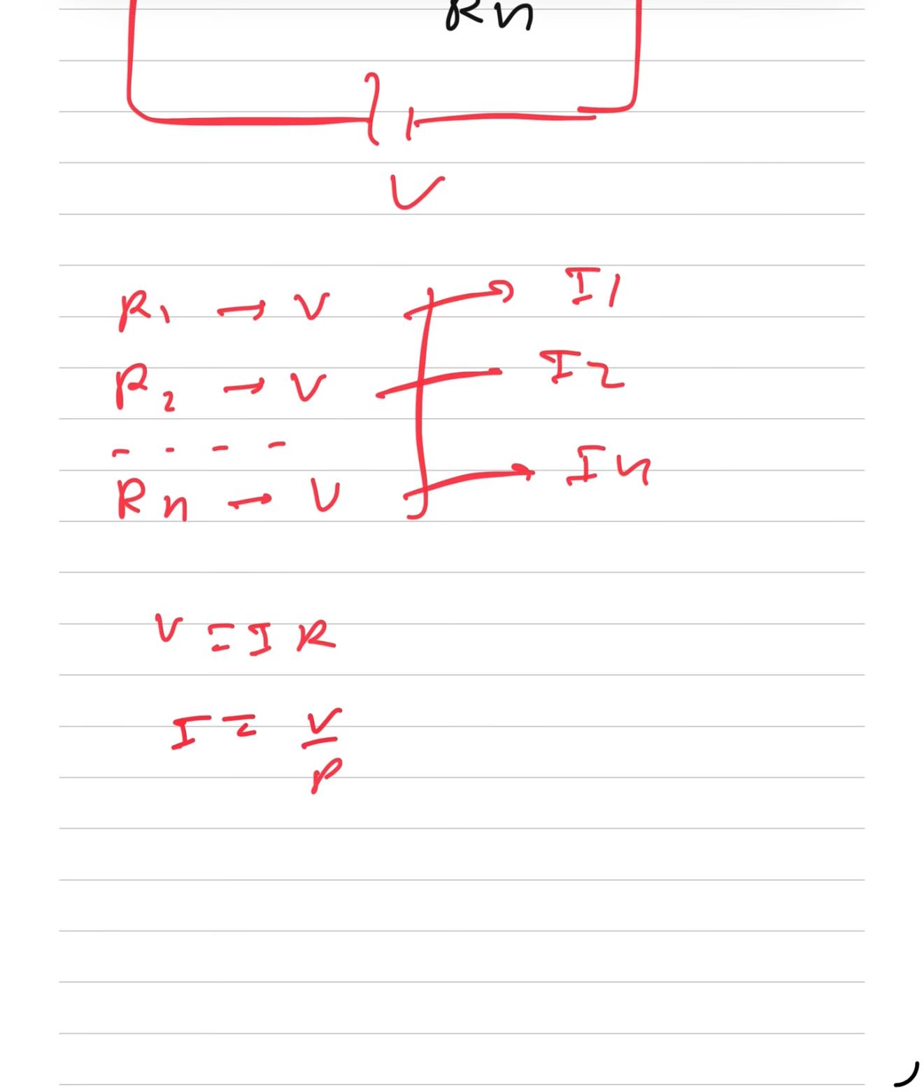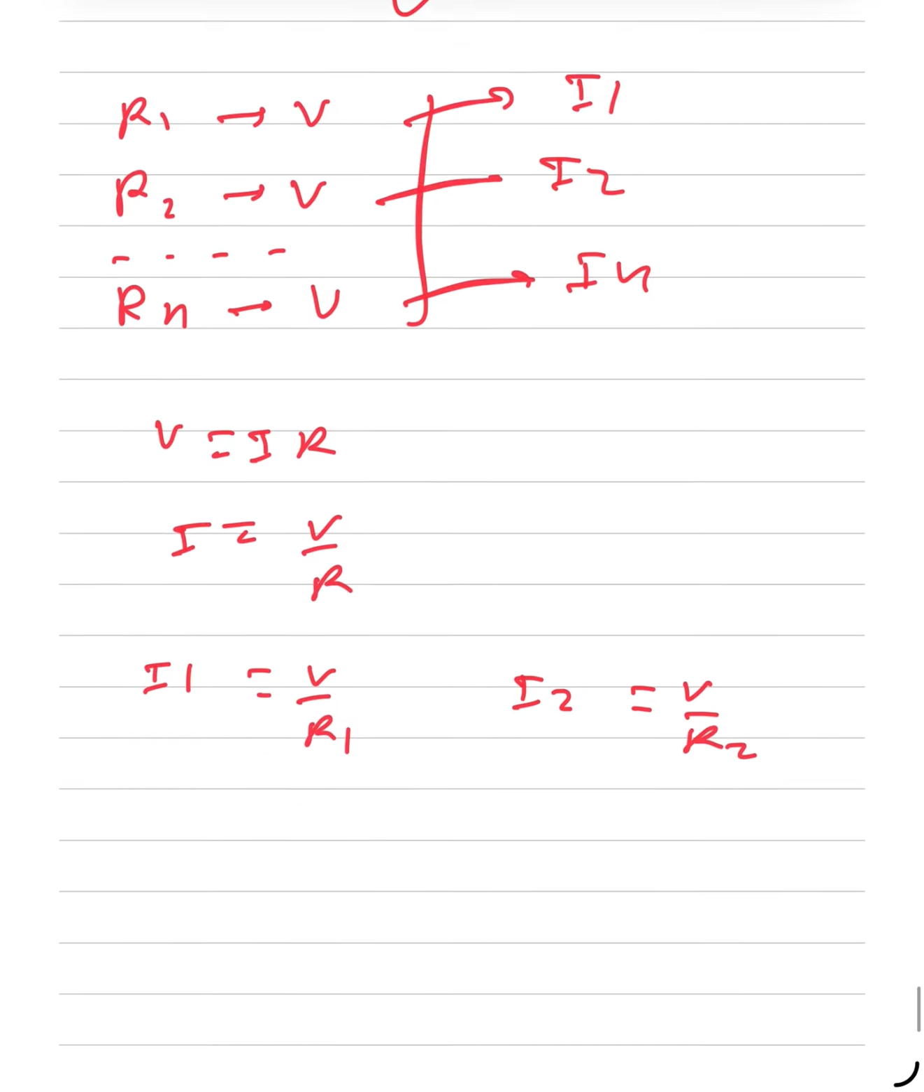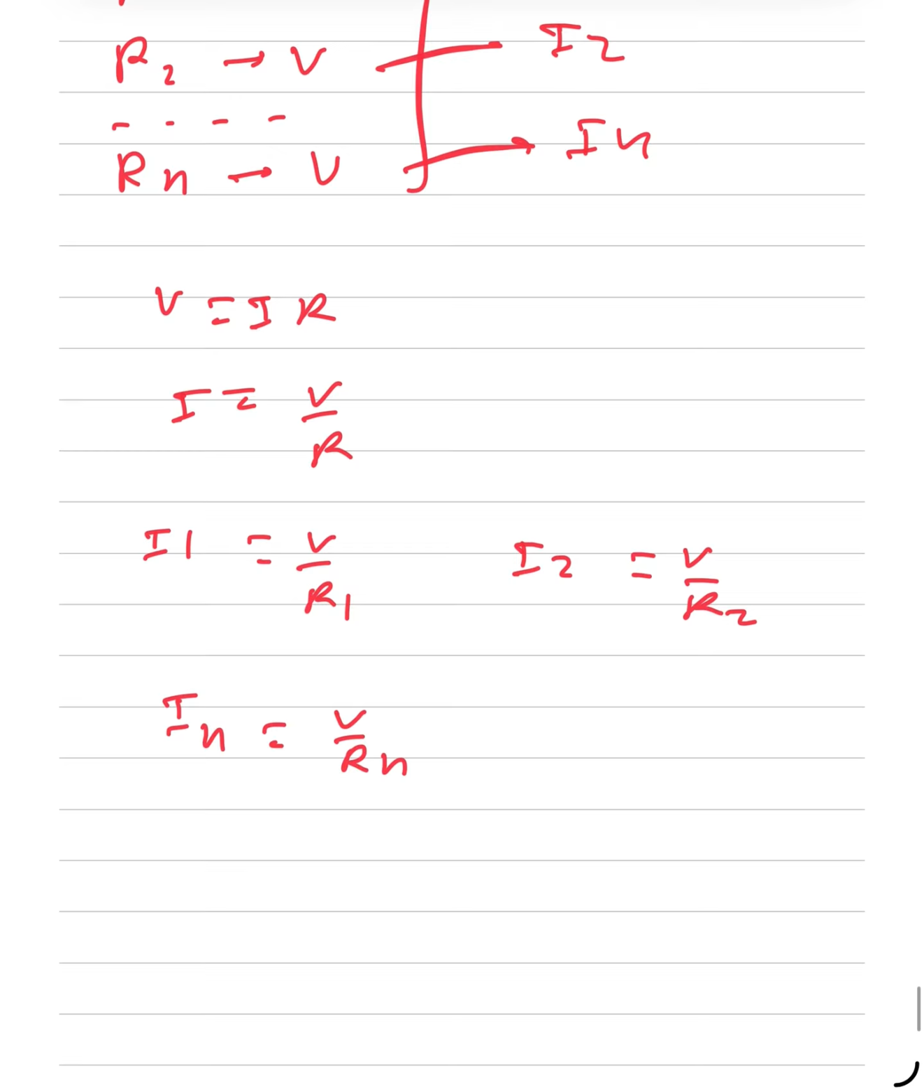V equals IR, meaning I equals V divided by R, and I1 equals V divided by R1, I2 equals V divided by R2, and similarly the electric current for the nth resistance In equals V divided by Rn. Now, the total value of